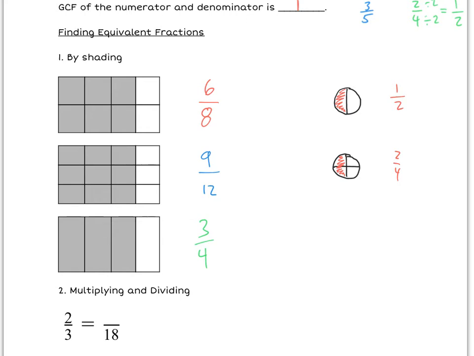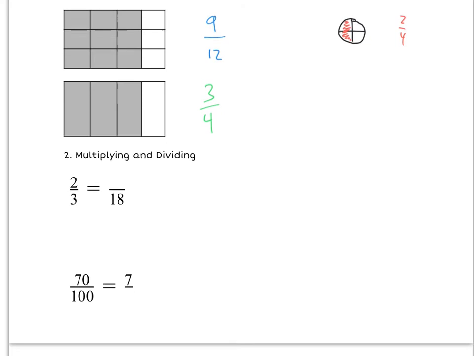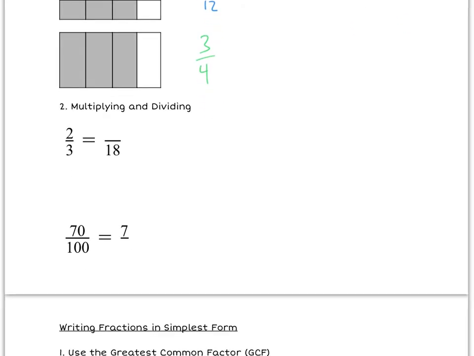So the bottom number is how many pieces you cut it into. The top number is how many pieces you have. Okay? So that's one way, is shading things. So whether you draw circles for pizzas or whether you draw rectangles for brownies, that's your choice. Okay? The other way is doing this thing,